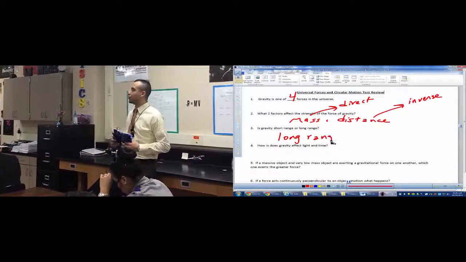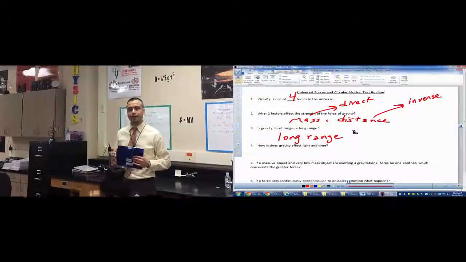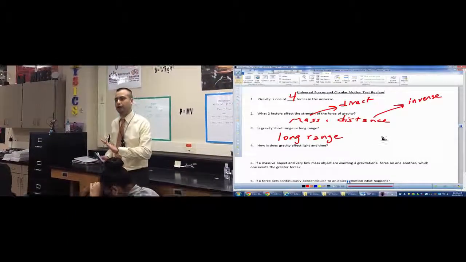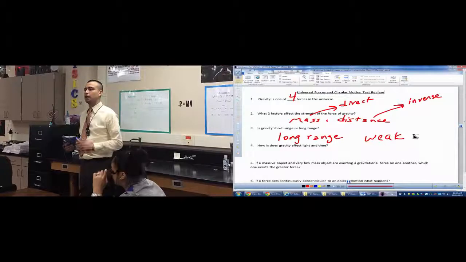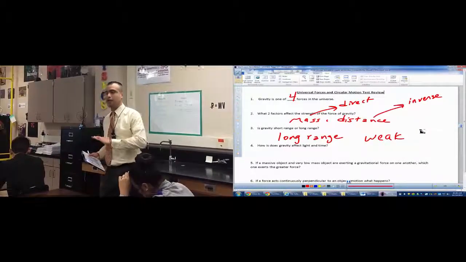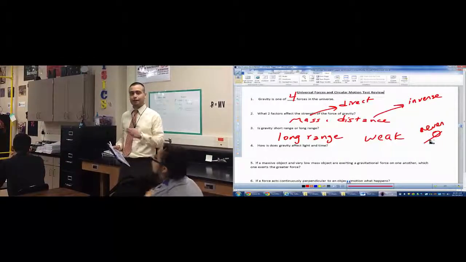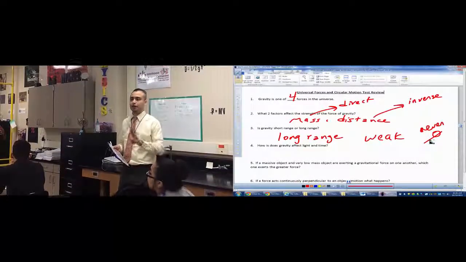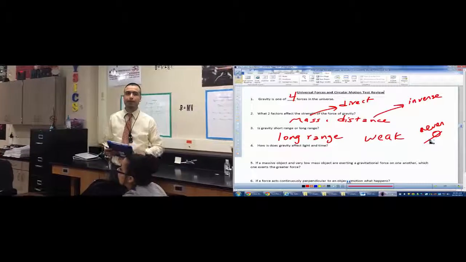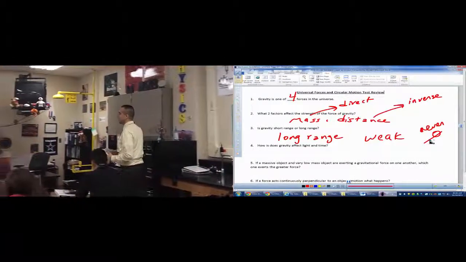How does gravity affect light and time? Remember, we studied this on Friday. It can slow time down, and it can speed time up. So gravity affects light, but how? Einstein figured this out. What was that? It bends it. Good. So gravity bends light. It also distorts